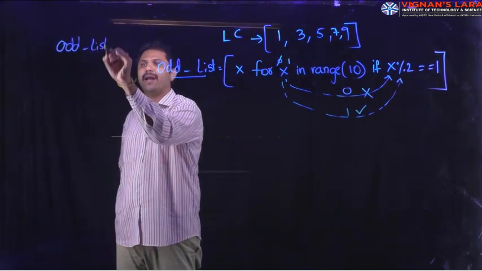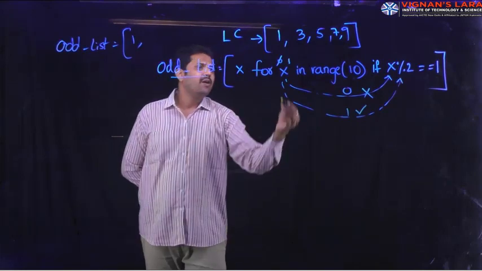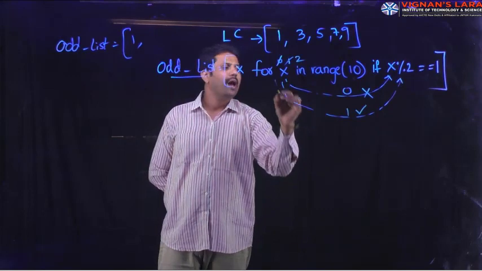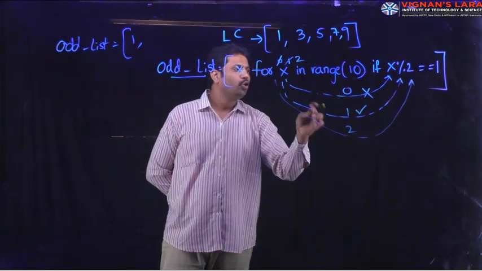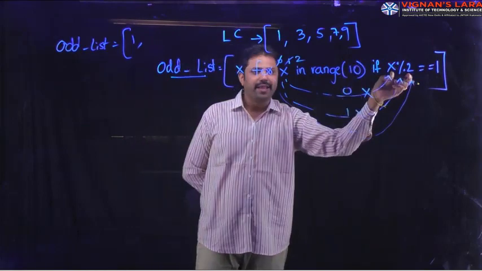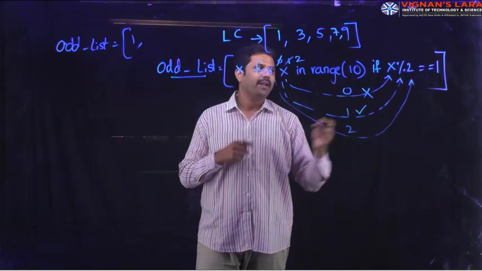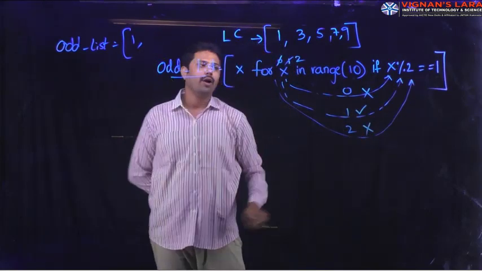Odd list is created, that value is going to be stored. Next, for the second time, the for loop is going to be iterated to 2. Now your for loop passes the value 2 and again checks the condition. 2 mod 2 equals 0, not a 1. The condition is false. This value is not stored in the odd list.